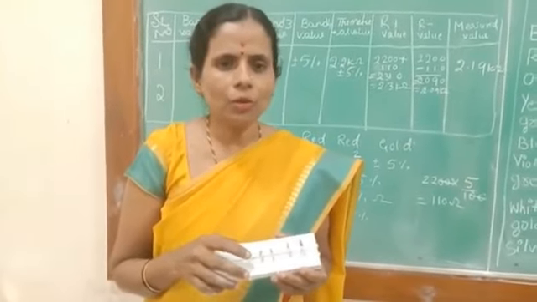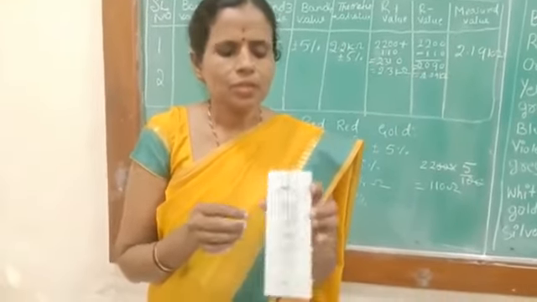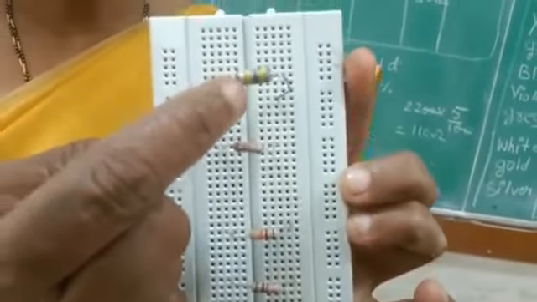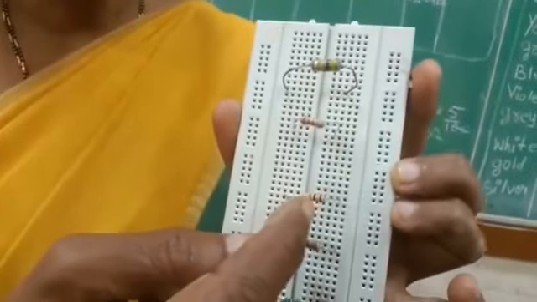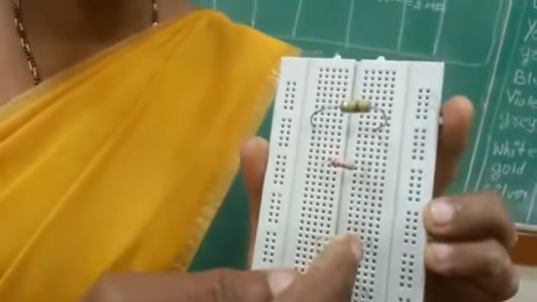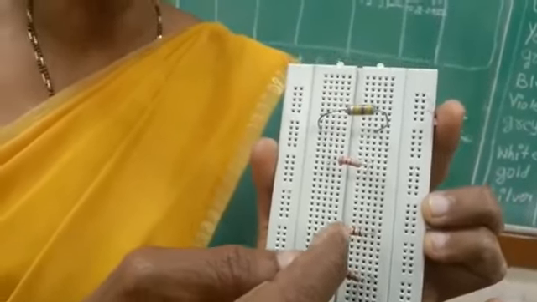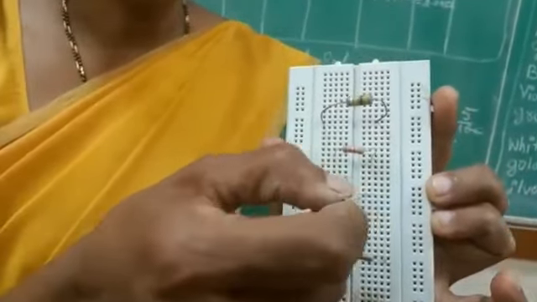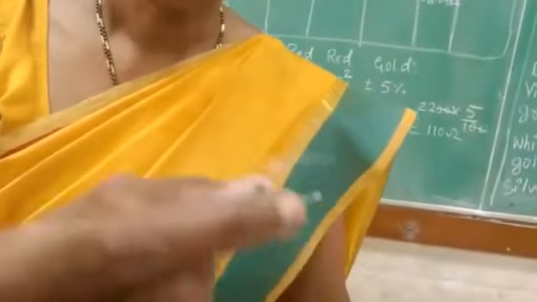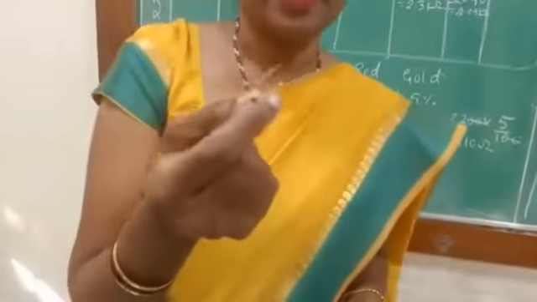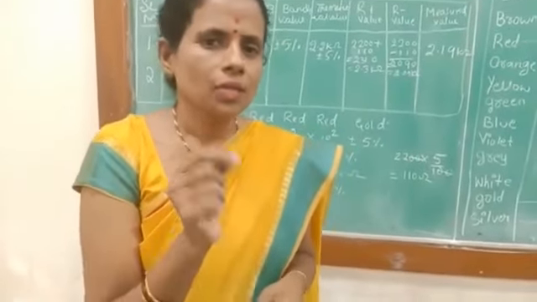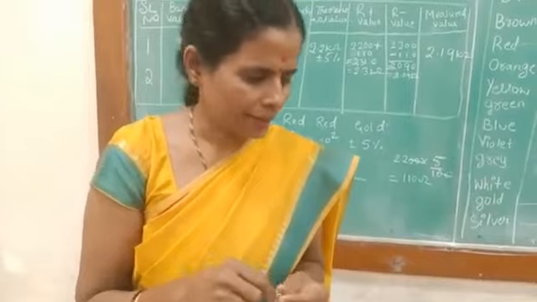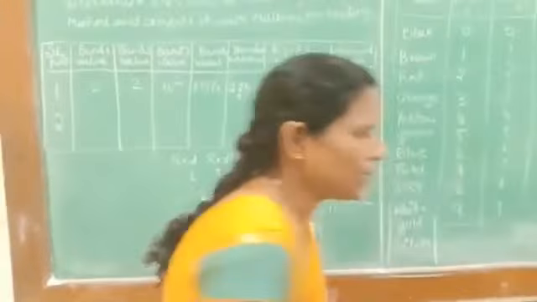Now I will take one more resistor which has a silver band. Let us see the resistor, students. This one has the silver band: yellow, violet, yellow, silver, and another one we have: brown, black, orange, silver. I will now take the second resistor which has the silver band, so that you should know how to calculate the 10% tolerance value for the silver band. Now let me write the colors.